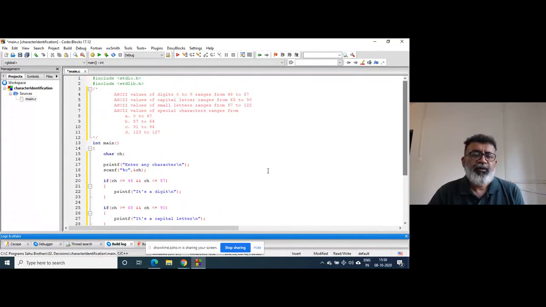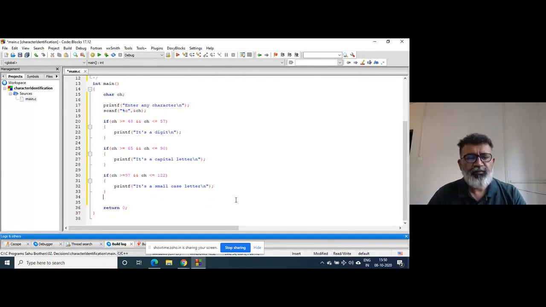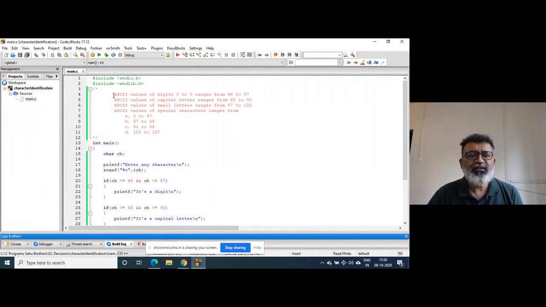Why? Because if I run this code, without putting this in as of now, this code is going to work at least for these three conditions. Definitely.